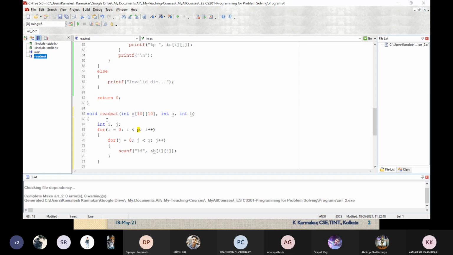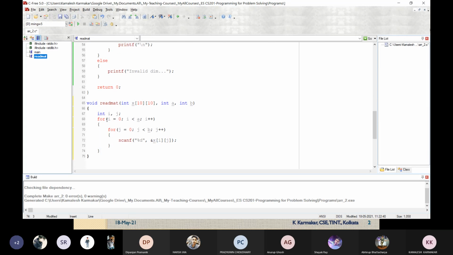If the dimension of the x array is a by b, then it will be a, and here it will be b. Okay. So we will read the value, and the value will be read in the ij position of the x matrix. Okay. So using this we can read the matrices.